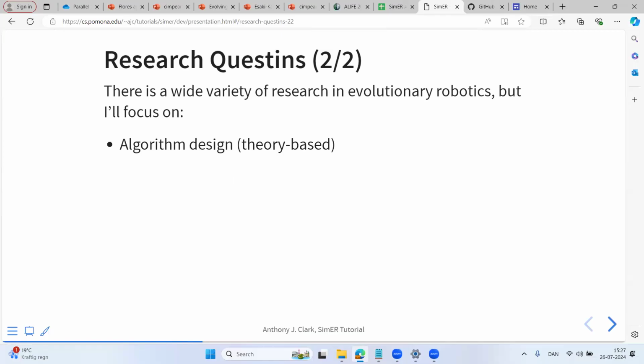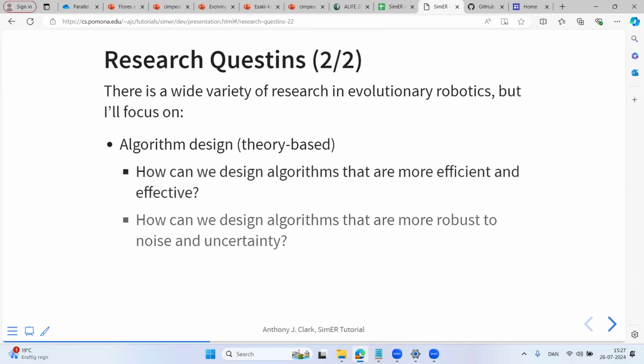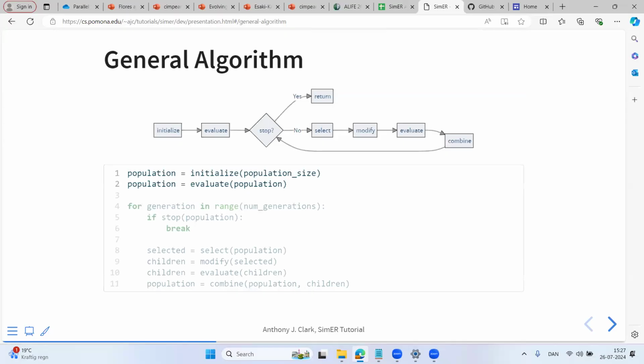One of my favorite multi-objective algorithms now to use is called Lexicase. I don't do research on Lexicase, trying to make Lexicase better, but I do use Lexicase. So that would be sort of the nuance I'm talking about, algorithm design versus actually working on evolutionary robotics for an application. Okay, this is probably something that you're all familiar with, but like I said, I'm just trying to get us onto the same page in terms of terminology.